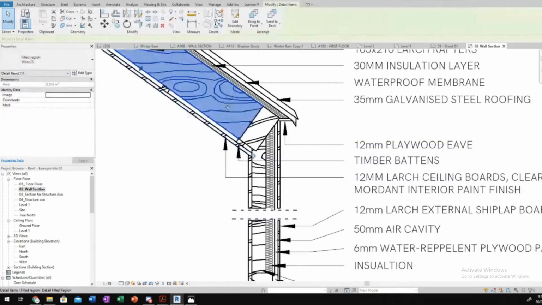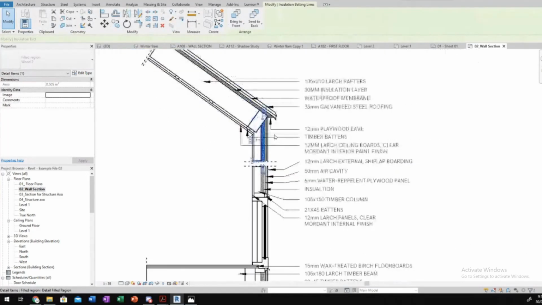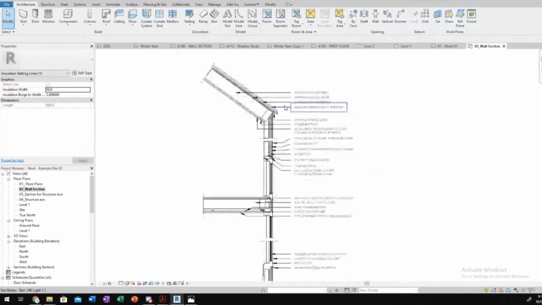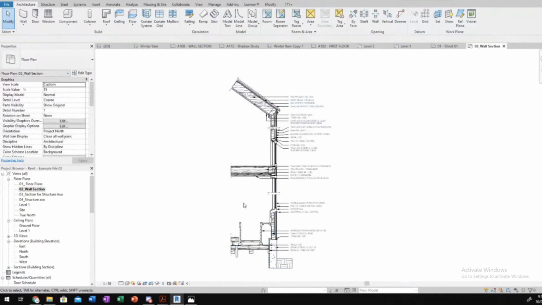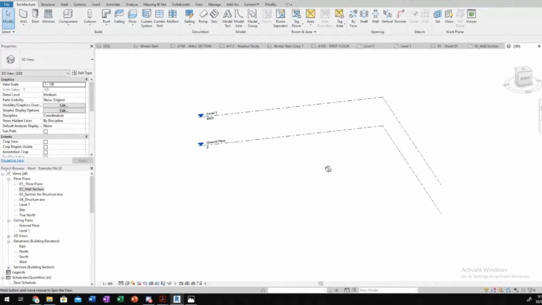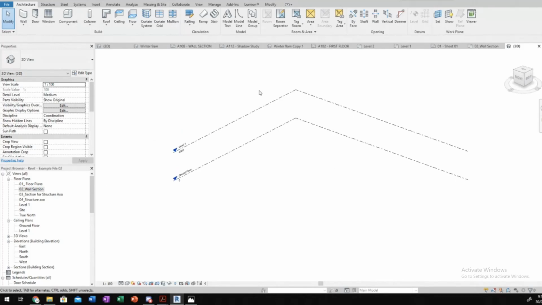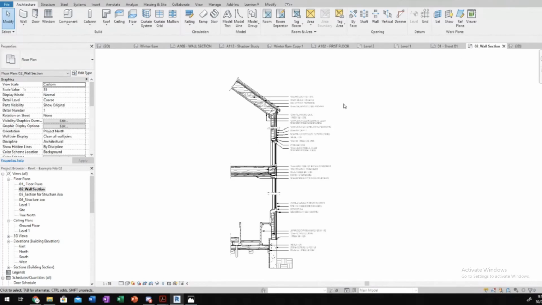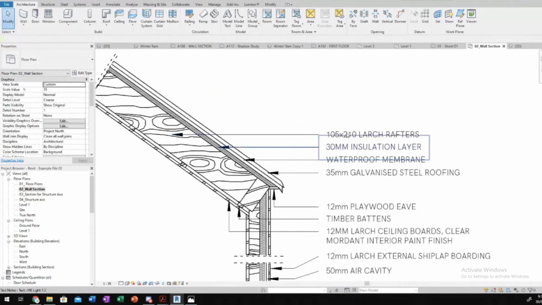You can see that there's a lot of detail and different hatches in here, insulation, and a lot of different annotations. But all of this wasn't built in Revit. If I go to the 3D view, have a look, it's empty. There's nothing there. So all I did was literally just make a drawing in Revit with annotations. So if we go back to this wall section,